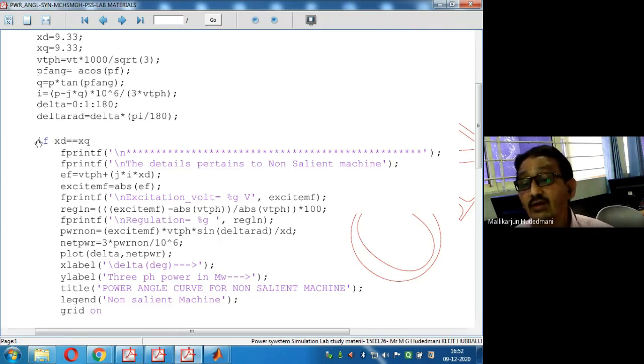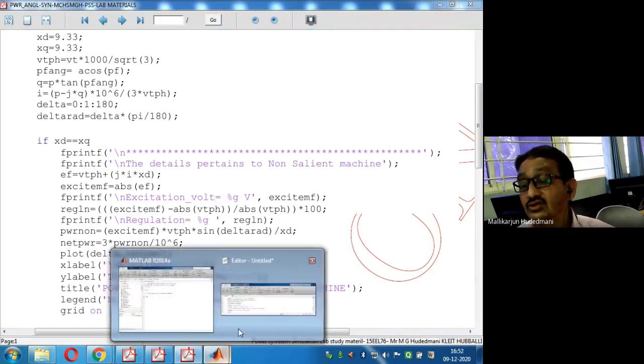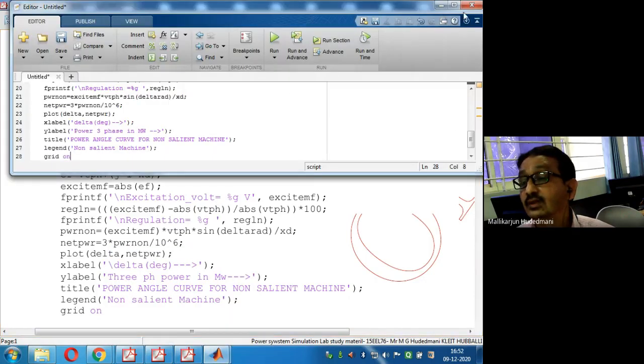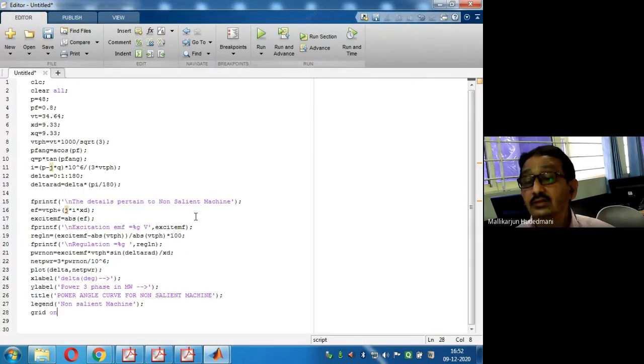Right now, if block I have not used, automatically it will continue using xd only. xd is how much here? 9.33. This is to mean first program. When both the values are there, you have to take a decision. To take a decision, condition is required. Right now, this condition I have not put. Personally, I am trying to execute first part of the program. Let us see how it will function. It will maximize. Okay, this is my program.